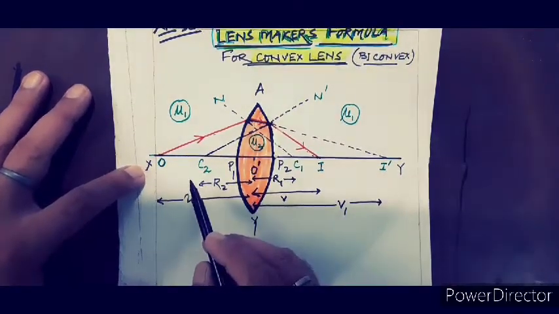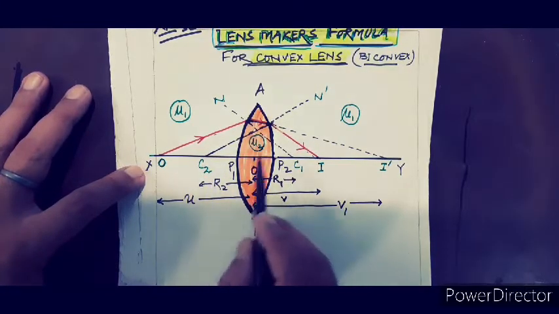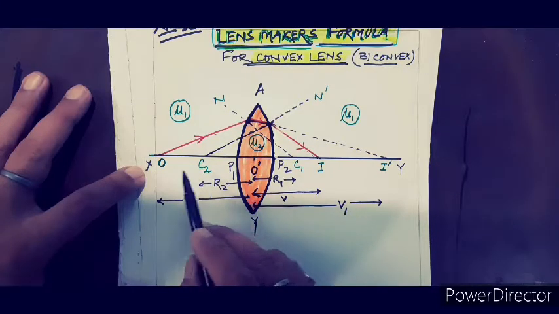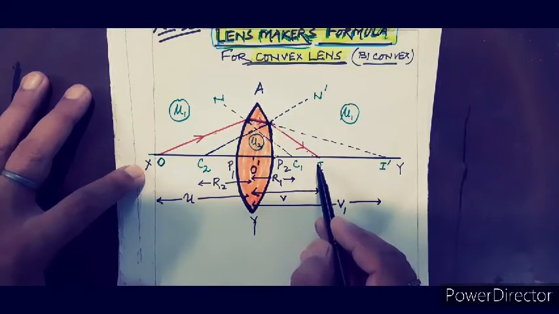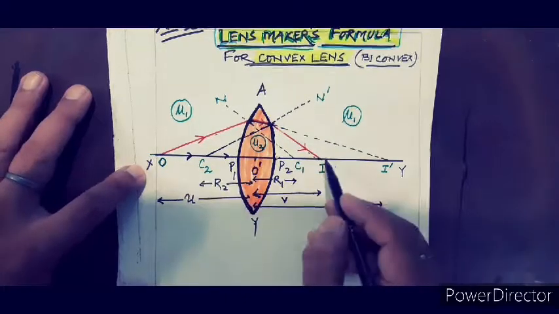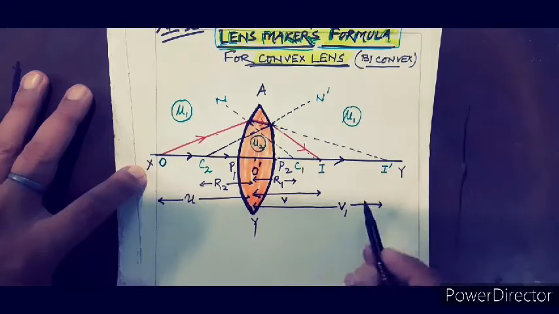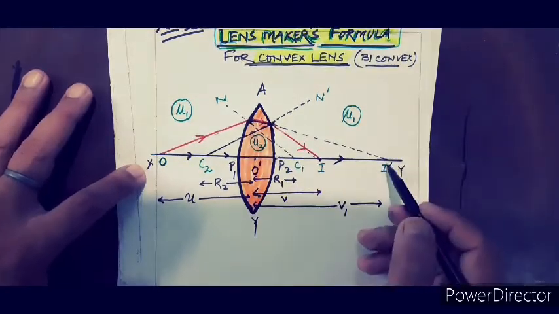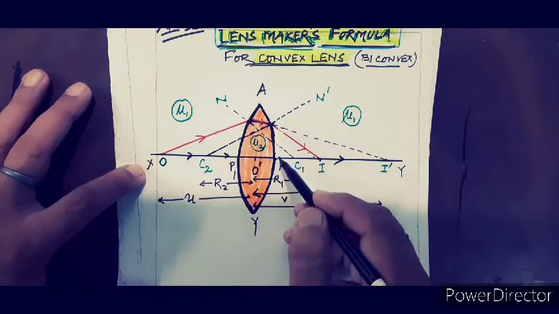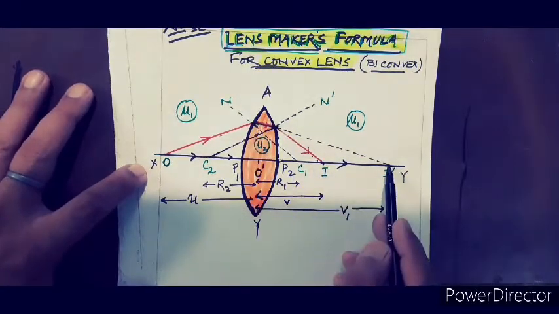And the rest of the naming I had given: P1 the pole of the surface, P2 second surface, C1 center of curvature, C2 center of curvature number 2, O is the object, here I is the image, final image, right? And because the rays are going to meet here. Now what is this particular position? If this surface A P2x P2y would not be there, then the image is going to form here.